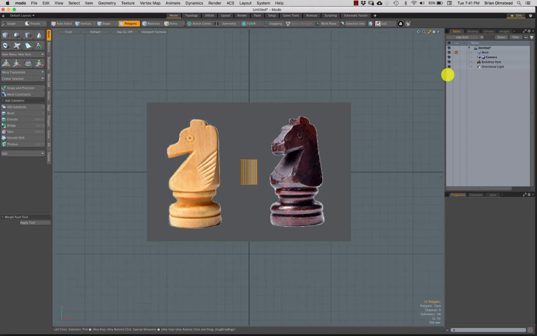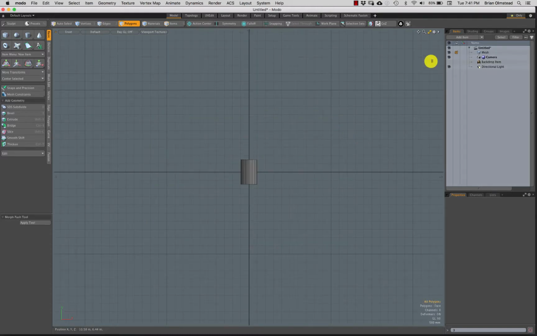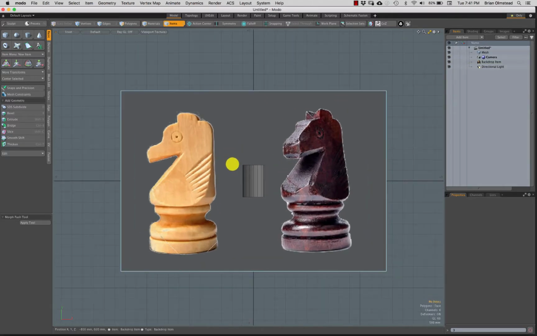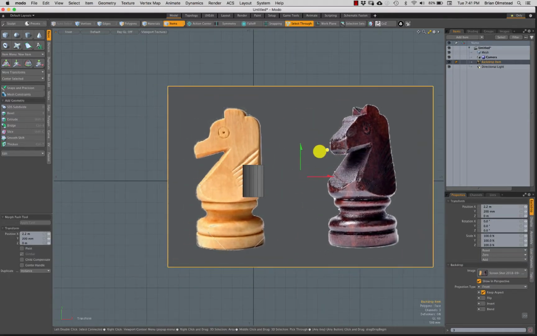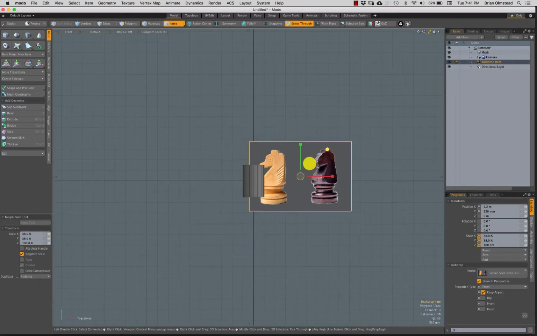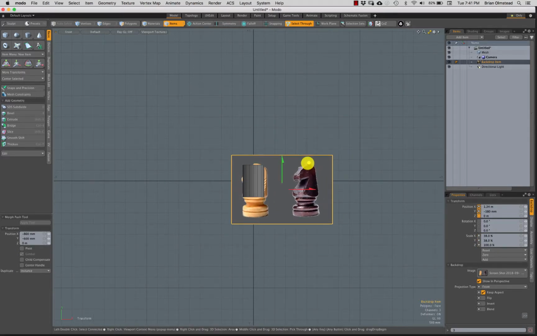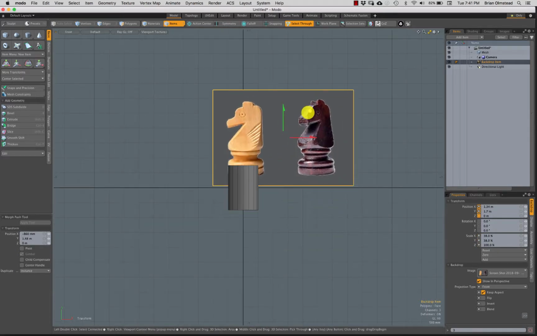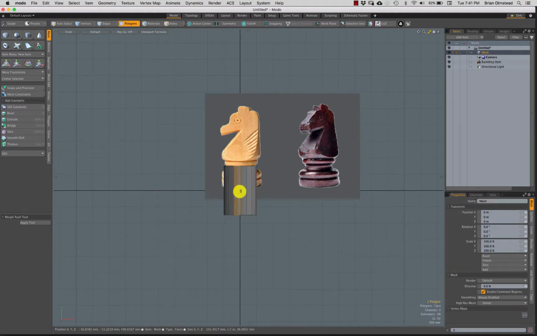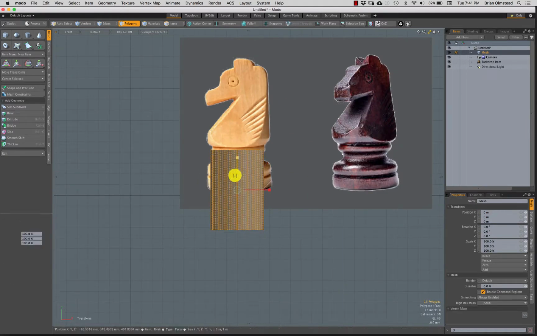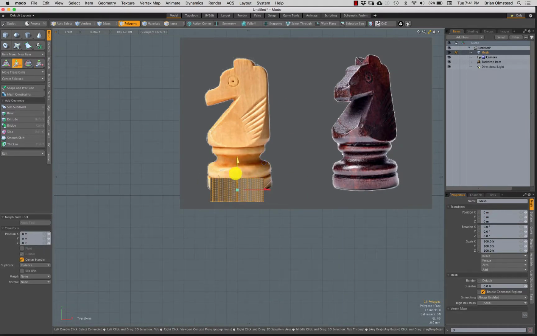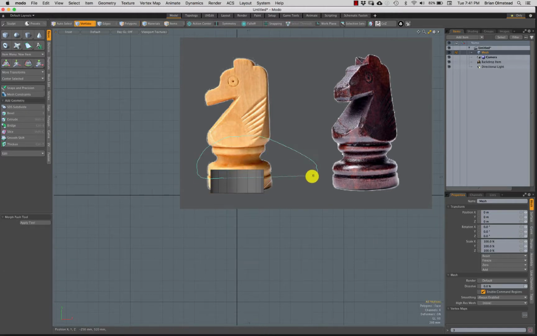So again, if I turn the wireframe off, I know that I'm sitting at world center. Usually want to model stuff at world center, so I'm just going to move this image to kind of coincide with that. Let's put him right on the ground. So this guy, we'll just pretend like all this fancy stuff's already made,